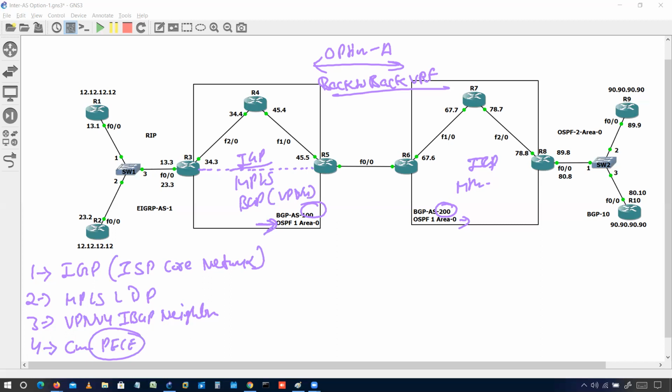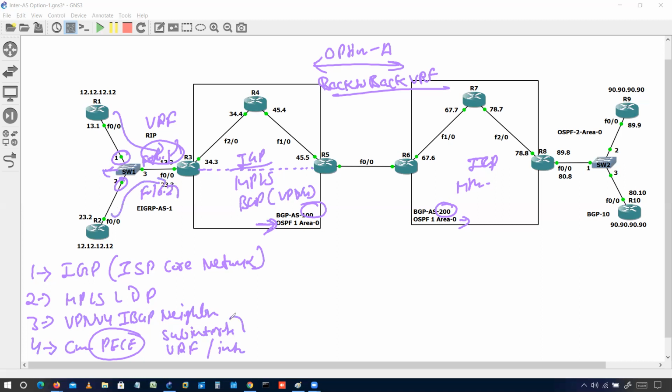Right now, as we can see, we are using a switch between 3 and 2 and 1. So I'll configure here F0/0.1, F0/0.2. We'll be using some VLAN here, and we'll give a VLAN to these subinterfaces. One more thing, I'll put this interface into a VRF. So in the first step we'll configure the subinterface, configure the VRF, and assign the interface into the VRF. Everywhere, like here we have RIP protocol, here we have EIGRP.